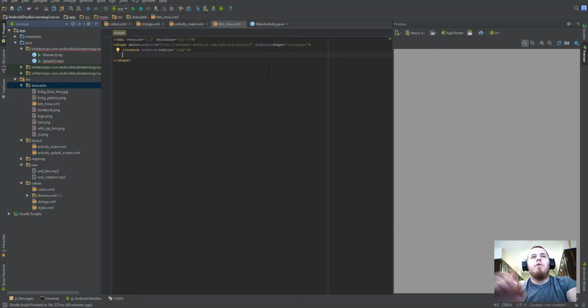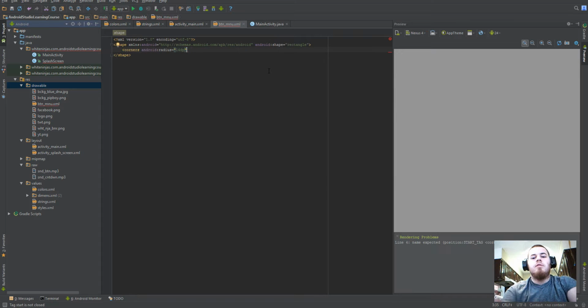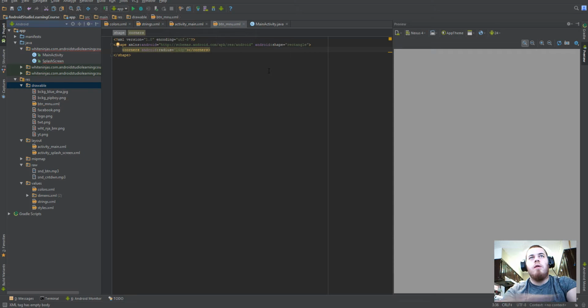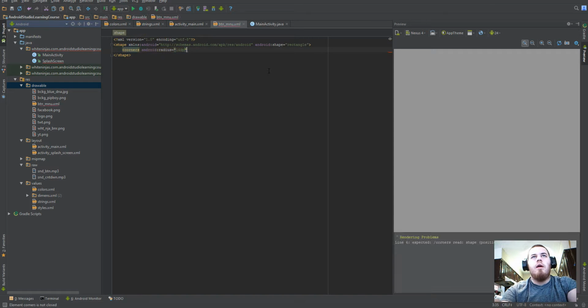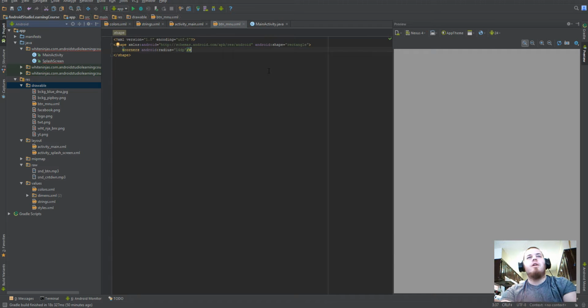Now one thing you can do, if you notice right here, let's go back. You can close this off if you push the / key, or you could just do a regular closing tag, and it provides it over there. However, if you want to just go ahead and close it off with the / key, boom, it's done. You don't have to worry about those extra elements to be put in there. Saves a little bit of space, not much, but over time, if you're doing a bunch of these different things,